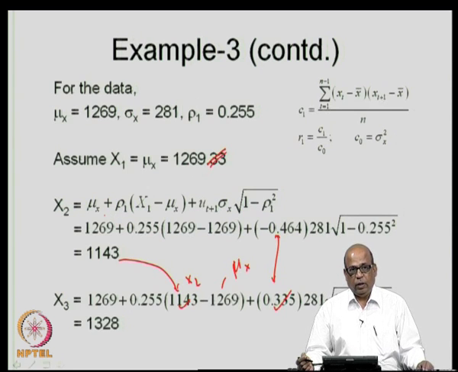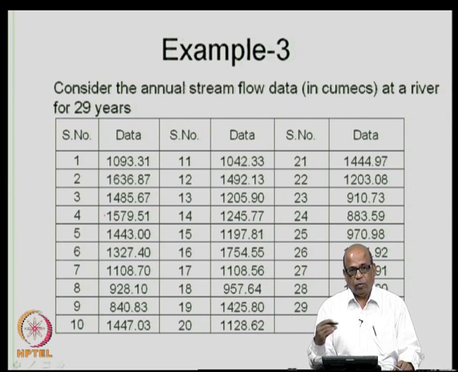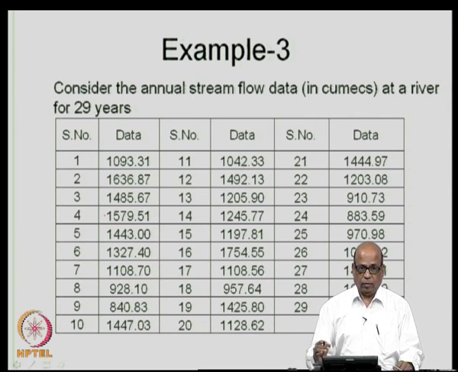So, essentially what we did in this lecture is, okay, I will just complete that. So, you generate a large number of such values. Let us say you wanted to generate 1000-year values, 1000-year flows. Why do we require such large sequences? We need such large sequences to simulate the performance of the system. It does not mean that the system itself will exist for 1000 years. We want to see how the system behaves if you have a sequence of 1000 years of flows. So, system performance we would like to estimate.